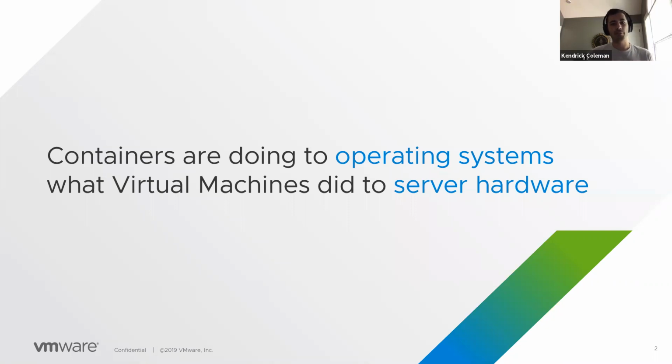As a quick overview, we need to understand how containers are disrupting the status quo. Virtual machines simplified operating systems by providing this common virtual hardware that was abstracted, and really it made the underlying infrastructure not as complex. You can think of containers as abstracting the operating system from the application, meaning that now I can package up not only the application, but all the dependencies for that application,